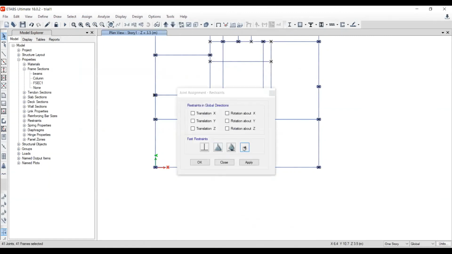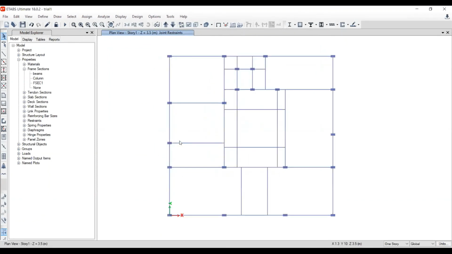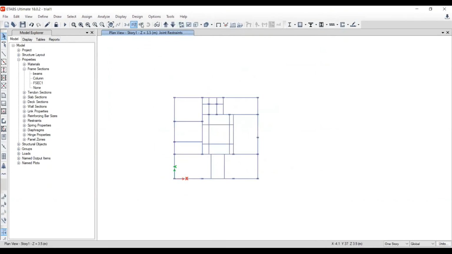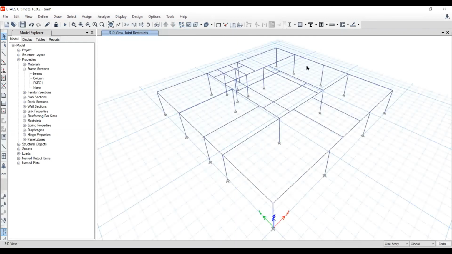Make them as none. Okay, I've just removed the joints over there. See the 3D view now. There are no joints over here at this intersection. Before, they used to be there, they also got copied over.